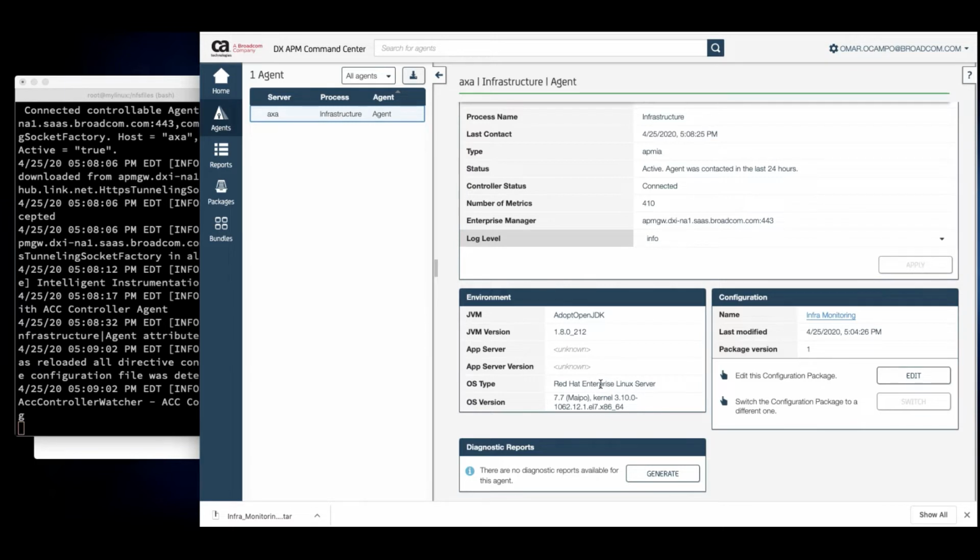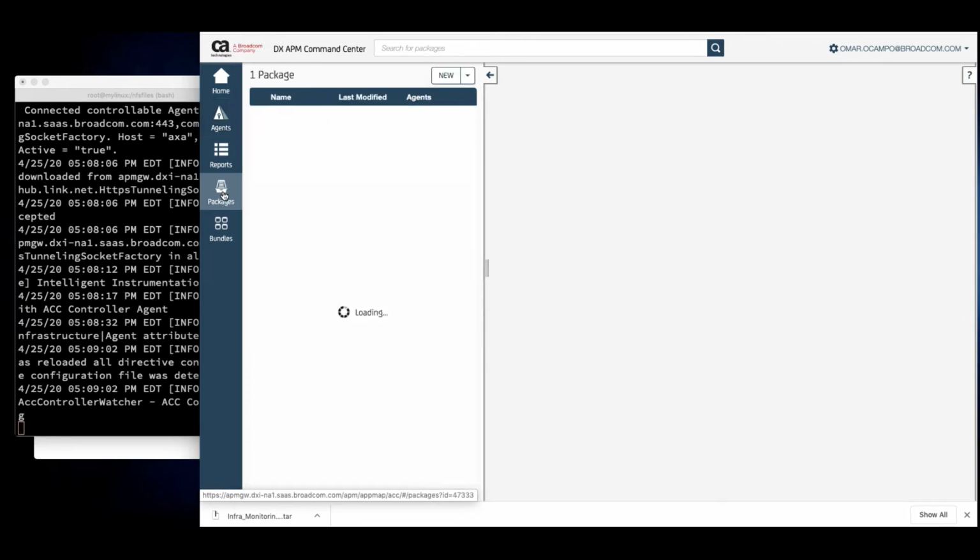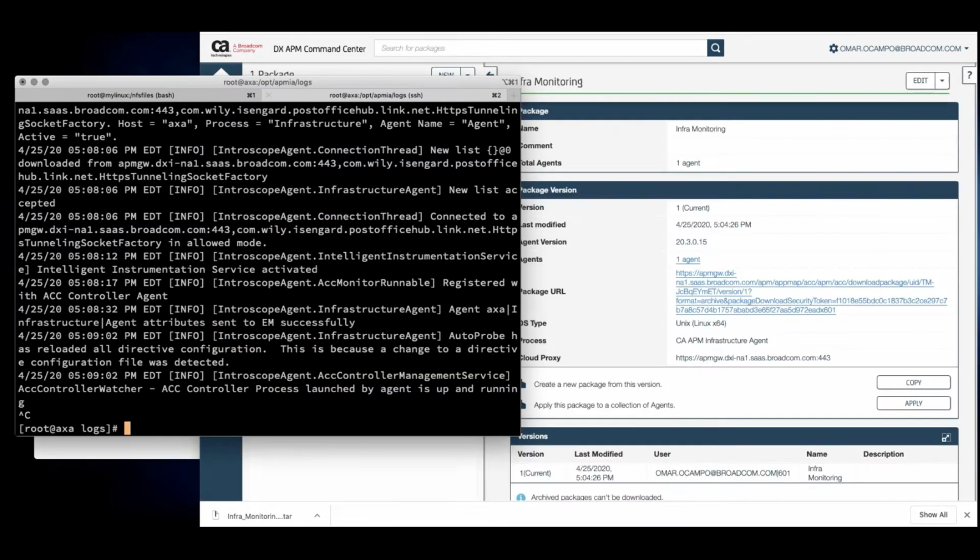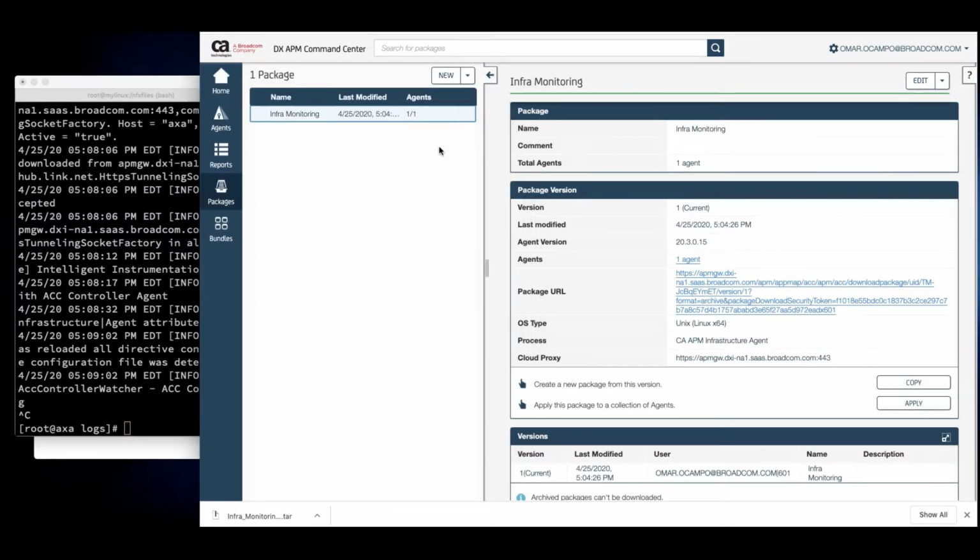So the next thing that I want to do then is go ahead and instrument my application. So I got the server instrumented. Let's instrument the app. So for that, I'm going to go to my package, and what I'm going to do in this case is create a second package. I created a package where I put the infrastructure agent in it and the various bundles, extensions for that infrastructure agent, which in our case was just host monitoring. Now I'm going to create a second package where I'm going to put the application agent, and within that package, I'm going to select various bundles